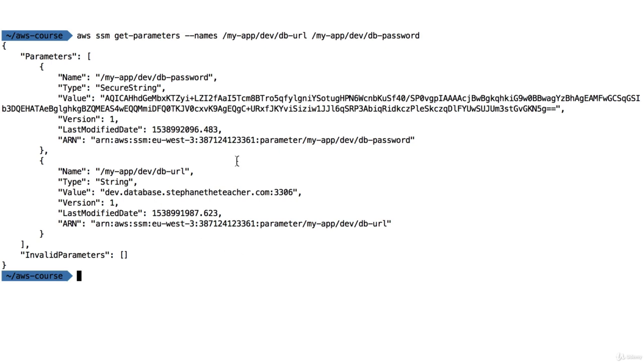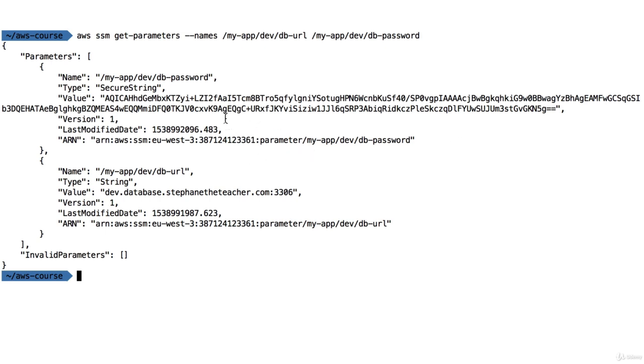And now we get back from the API two results. We get the DB password back and the DB URL. So let's look at the result, right? The first one is that it's a string for the DB URL, and here's the value of the string. And as you can see, because it was not encrypted, the value comes back decrypted, and the version is 1. So that's perfect. We can see our database URL and use this. But for the password, it's a secure string, and here's the value of it, which is an encrypted value. So for this, you basically need to decrypt it.